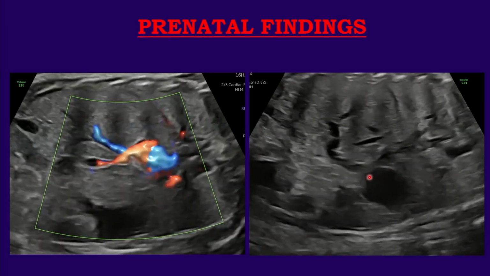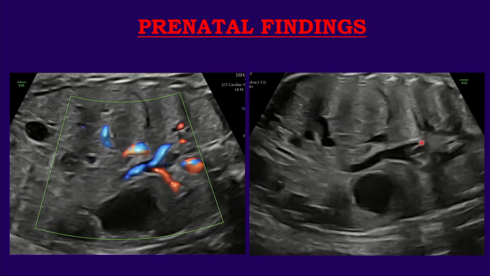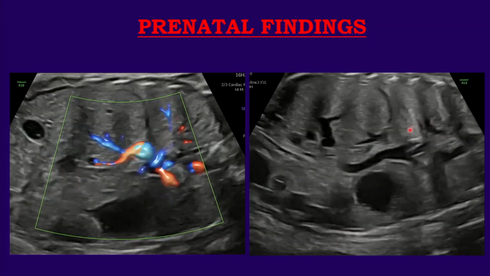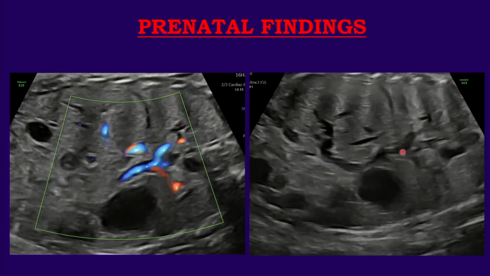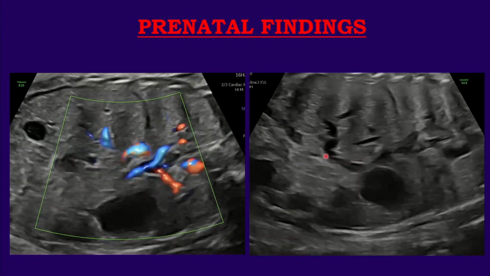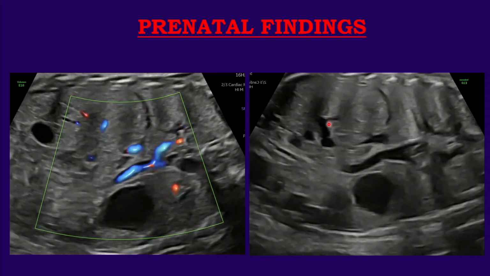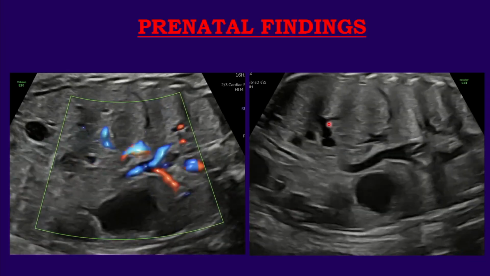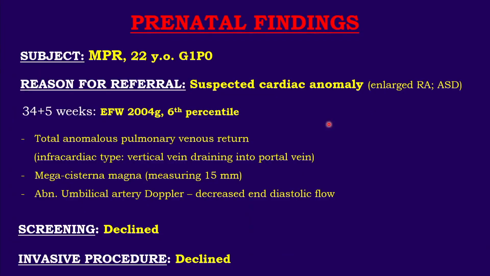And of course, if you obtain the coronal plane, which is under no circumstances our typical plane for fetal echocardiography or for cardiac screening, here we can clearly visualize that the pulmonary veins from the right lung and the left lung form the confluence, and then the vertical vein drains all the blood, the circulation from the lungs, down to the portal vein. So the final diagnosis here is